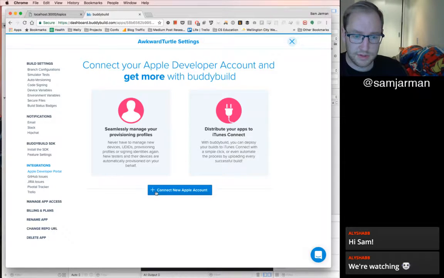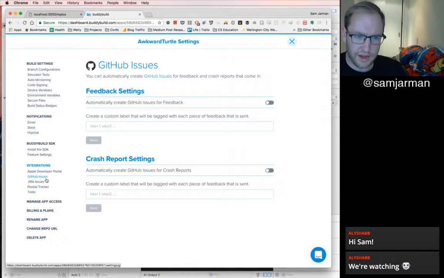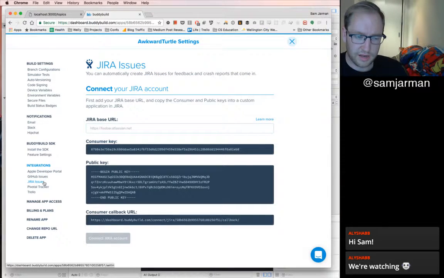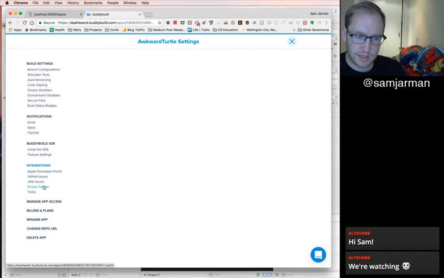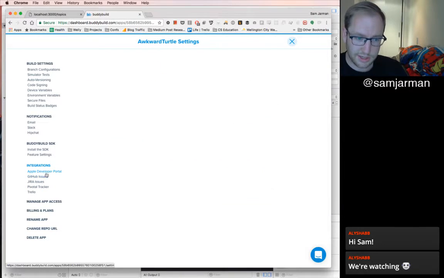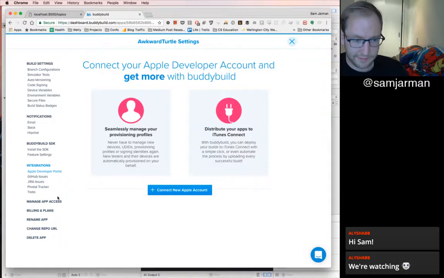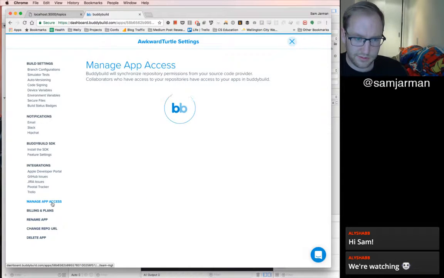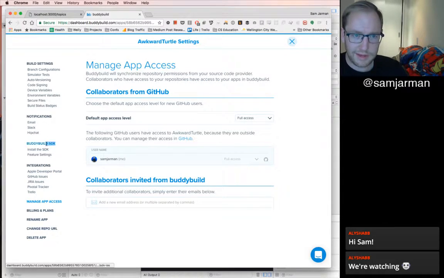So I can connect my Apple account straight to it. Nice. And I can open GitHub issues. And if I'm in corporate, I can open Jira issues. And Pivotal, Trello. Nah, Jira, let's be honest. Jira, corporate. This is awesome.